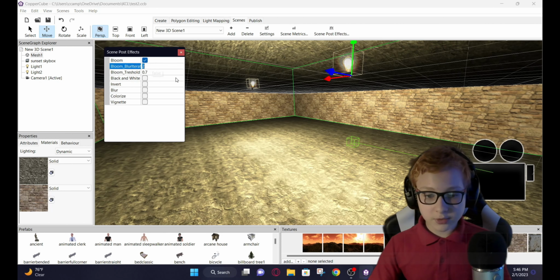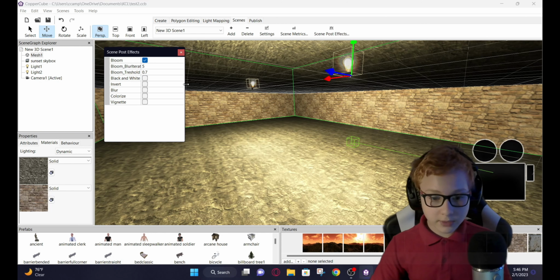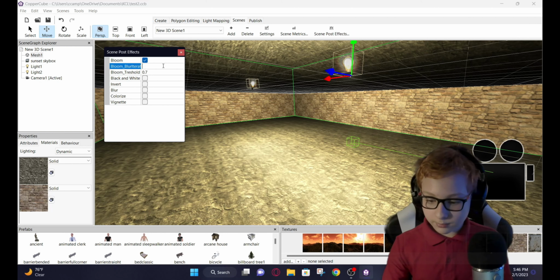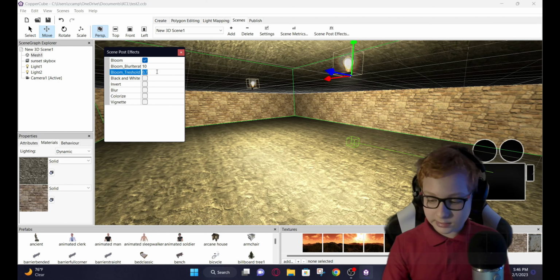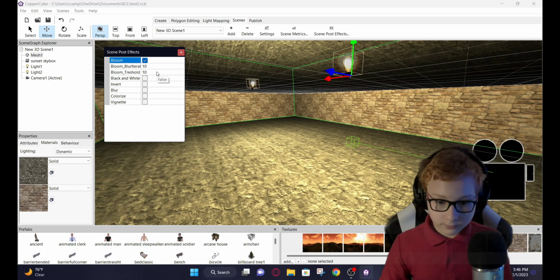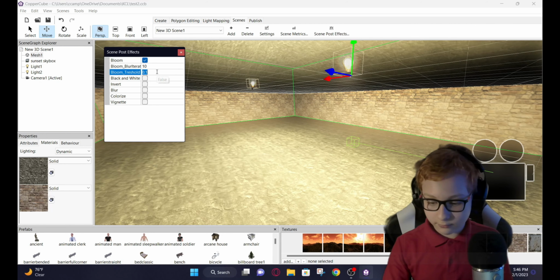Now, yes, you can change a lot. You could change the effects and what it looks like. So if we want to blur it a bit more, let's change it to 10. You could see how it blurs it a bit more. And this bloom threshold is basically the intensity. So if I change it to 0.1, you could see it blooms a lot, and if we change it to 10,